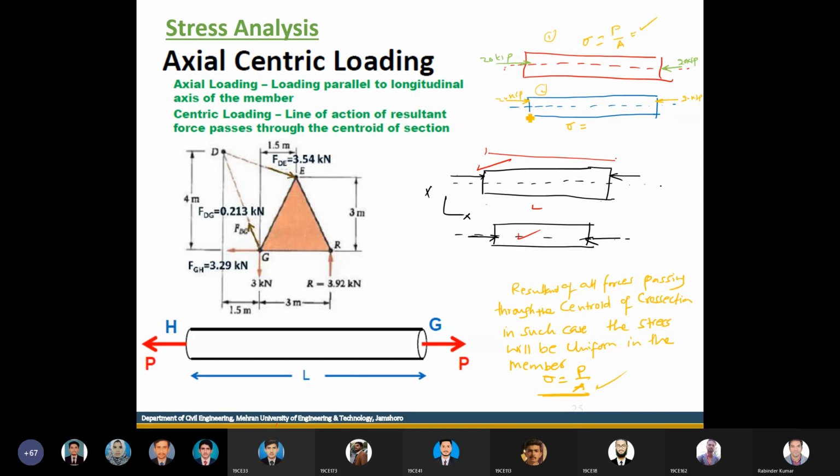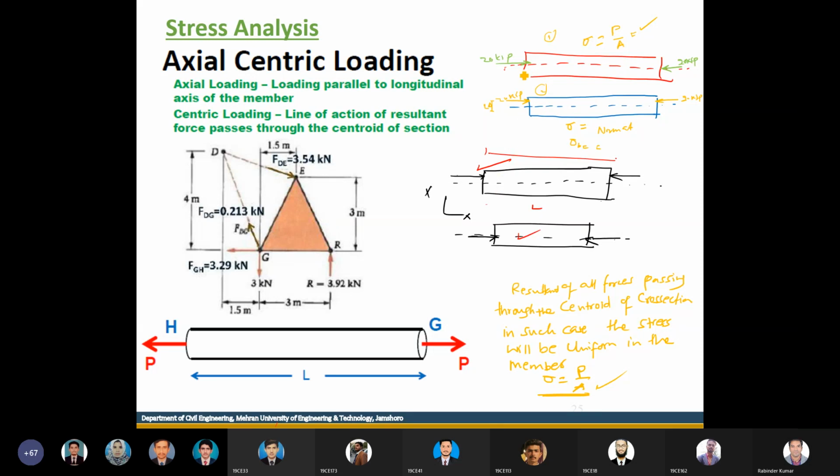In this case, both examples look exactly the same, but now this force is not passing through the centroid of the cross section. So the problem is that it will not only produce normal stresses, it will also produce a moment, because this is the lever arm. This force will also try to rotate this object, so we may have bending stresses as well in such cases.